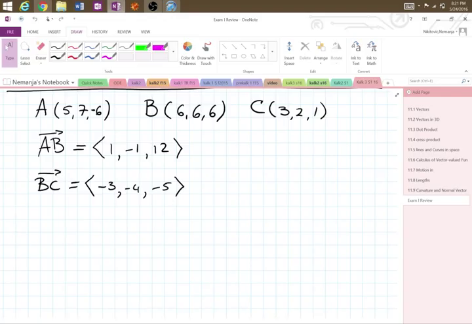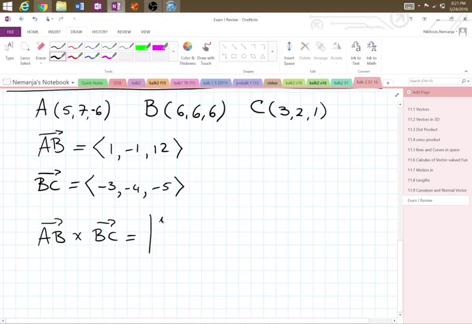So we are now going to find out the plane by doing this. We have 2 vectors, and these 2 vectors are defining the plane. We are going to find now the perpendicular vector by doing the cross product between these 2, and that vector is going to define a plane eventually. Next chapter. So AB cross BC